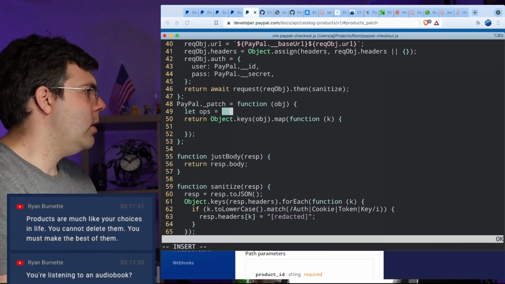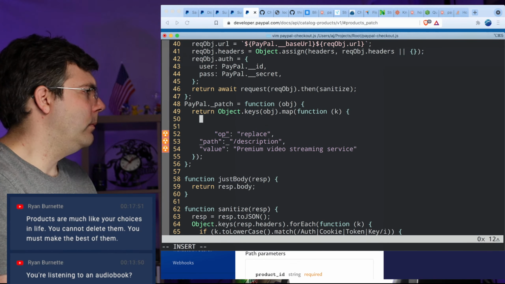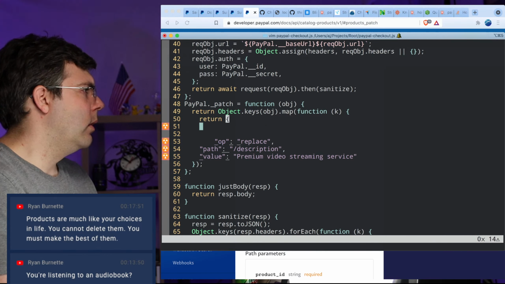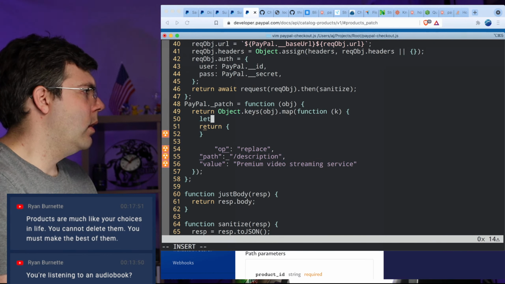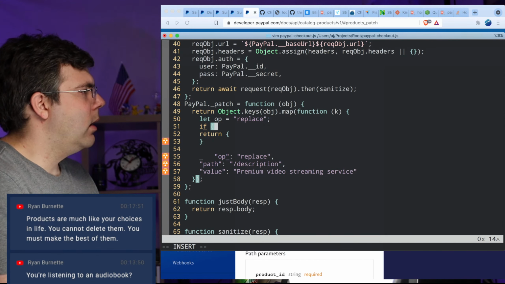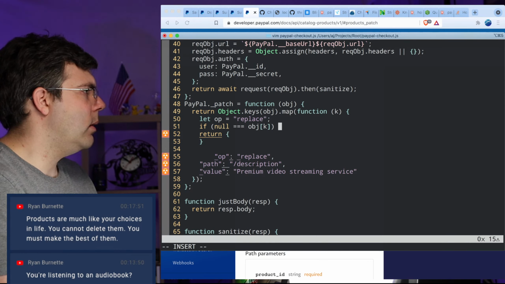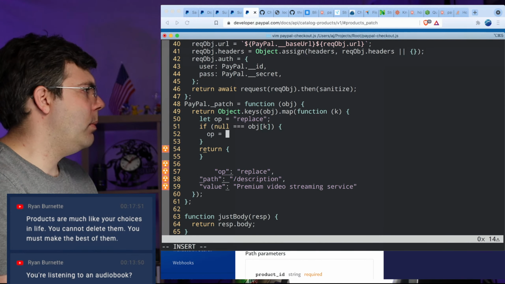So we're going to be returning let op equal replace if object k null.